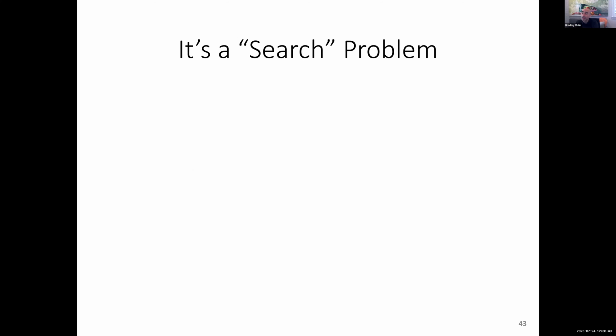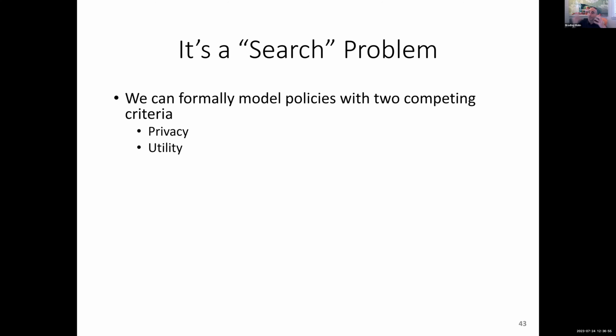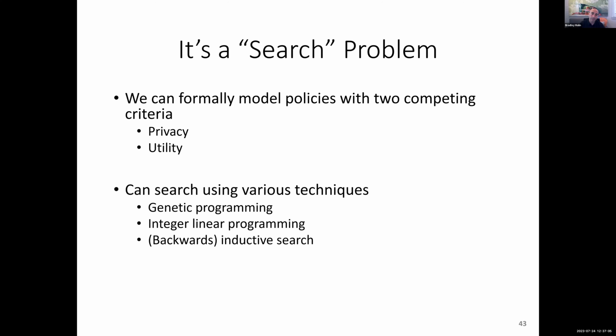Now, what I'm going to show you is a foundational search problem, because you're going to have many different ways in which you can manipulate the system. And so you've got all these policies that you're going to be scoring on risk and utility, or privacy and utility. And so you can turn this into your favorite search strategy, and you can use genetic programming or ILP, or come up with some type of an inductive search. You can pick your favorite strategy. What's going to be more important for the purposes of what I'm showing you is just the fact that you can get to interesting solutions here. Okay.